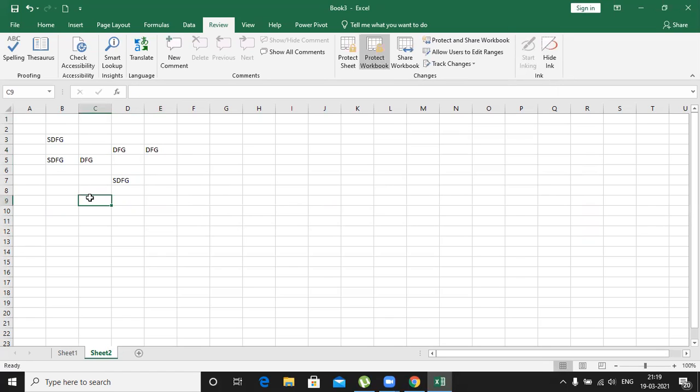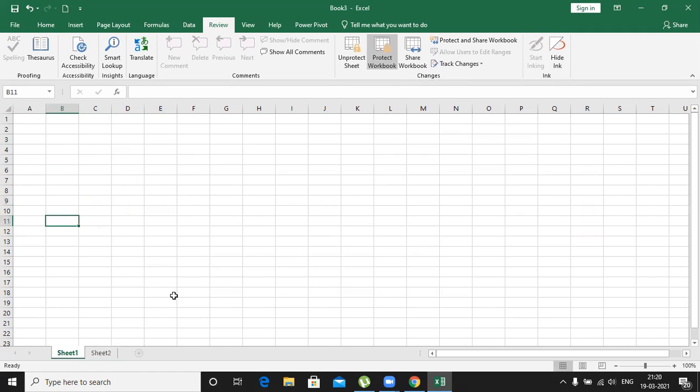Okay, but I have only one disadvantage. What is the main disadvantage? When you protect the workbook, do right click and see what all options are disabled. Protect sheet disabled. So the first thing I did, protect sheet: when the sheet is protected, the entire worksheet gets locked.